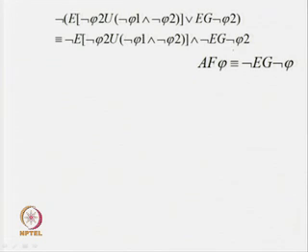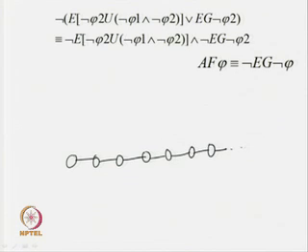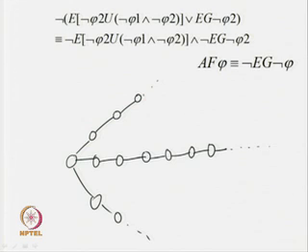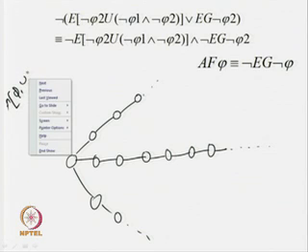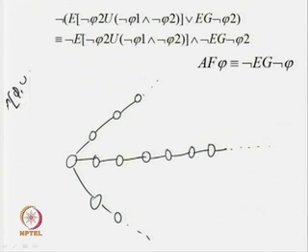So, basically if we have this particular expression, say this is the first part and this is the second part, f phi. We can now look at all possible paths. Let us say that I have A phi 1 until phi 2. We may have many more execution paths, and in all paths this must be true. So, we will consider one particular path, and the same thing must be true in all other paths.